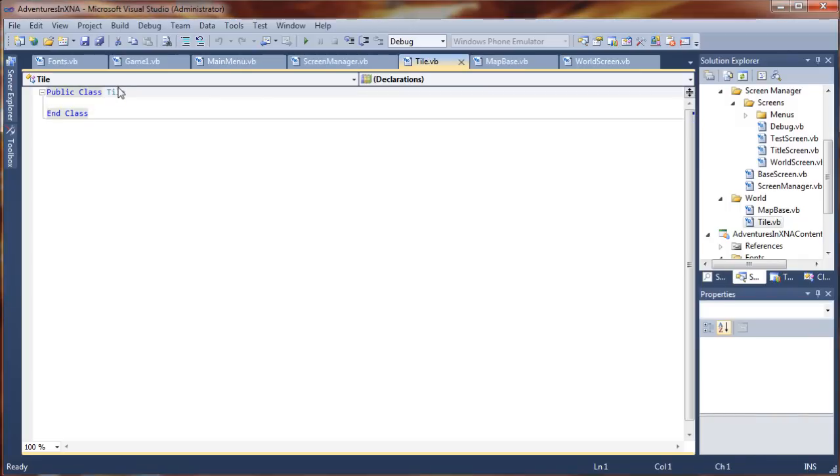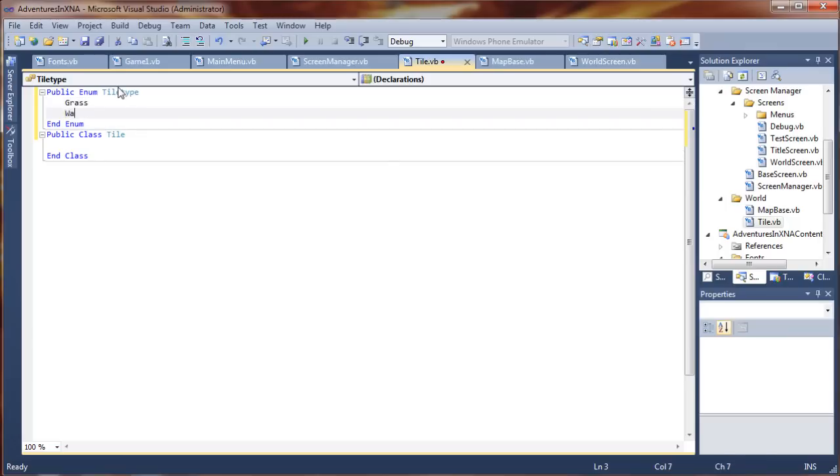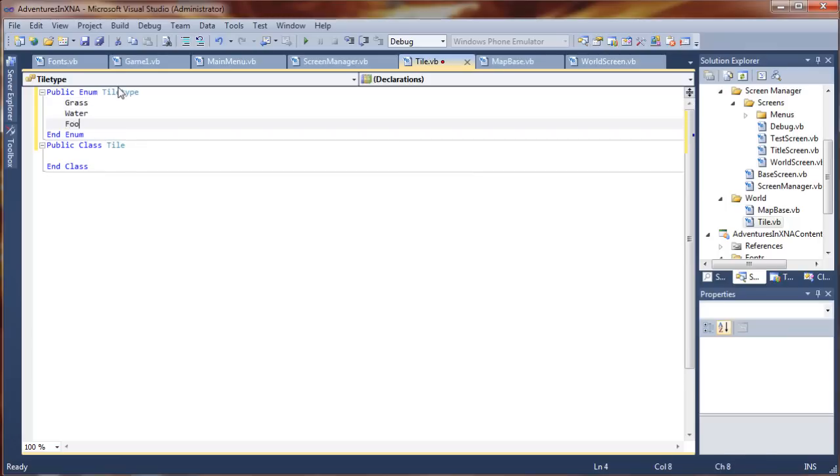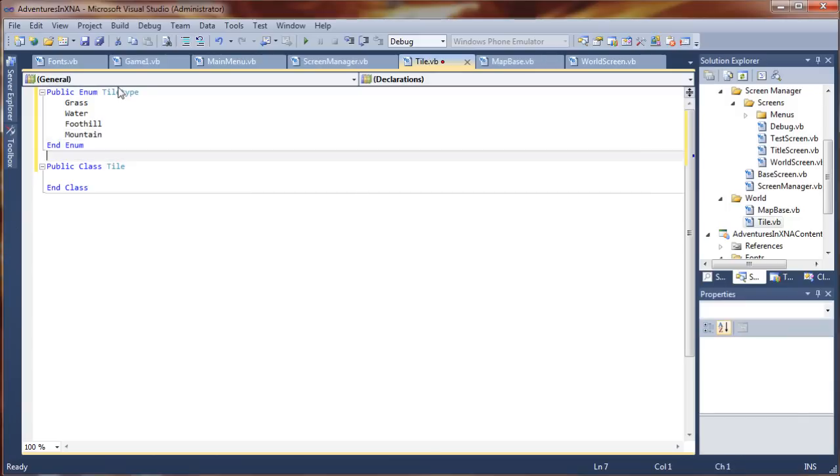What I'm going to add here first, I'm going to go up out of my class and add an enum group. So I'm going to say public enum, and this is where I'm going to store my tile types. I just want to call it tile type. And I will add to this list a few basic tiles. I'm going to start with grass, and do water, foothills, maybe add mountains. And then I can call on those later on instead of having to